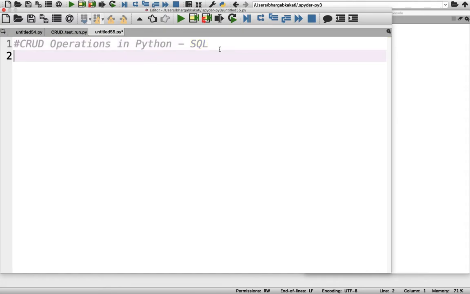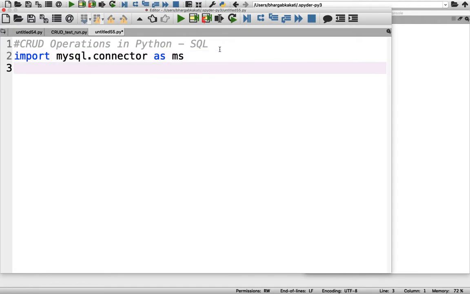At first we need to import the necessary packages, which is we need to import what? We need to import mysql.connector as ms. After that we need to create the connection object. Let's take the connection object as x. You already know all these things. I have already discussed this in the previous parts of this particular chapter. You can just go and revisit them if you do not know about this.